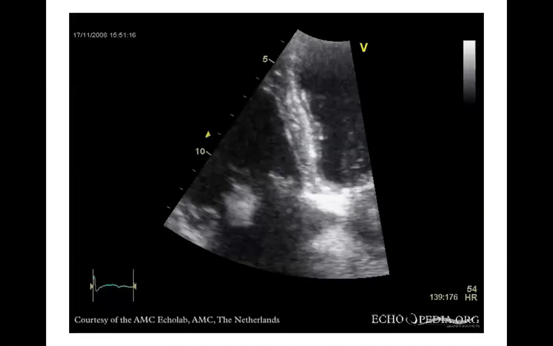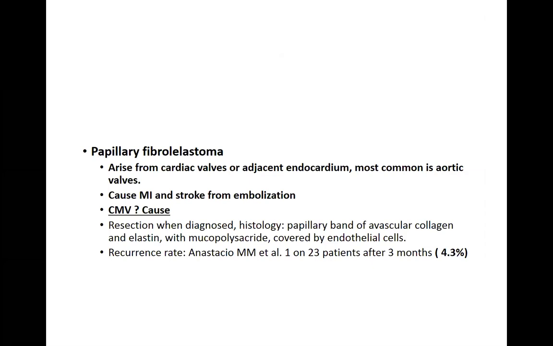Kindly, Dr. Mohammed. Yes. Regarding the indication for fibroelastoma, if it is asymptomatic and there is no embolization, do I have to intervene or follow up the patient? Because when I read, there is